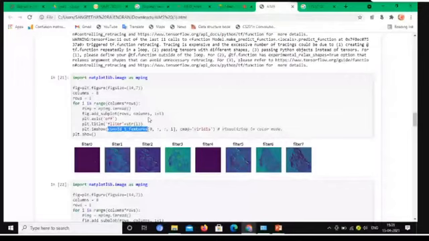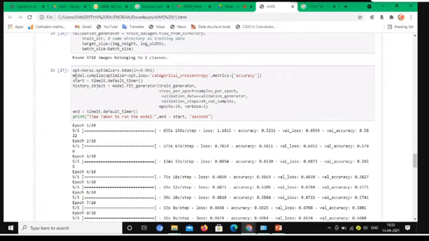Here we use the optimizer. Most of the time we use the Adam optimizer, though there are a lot of optimizers. Adam is widely used in many places, and many problems suit Adam.